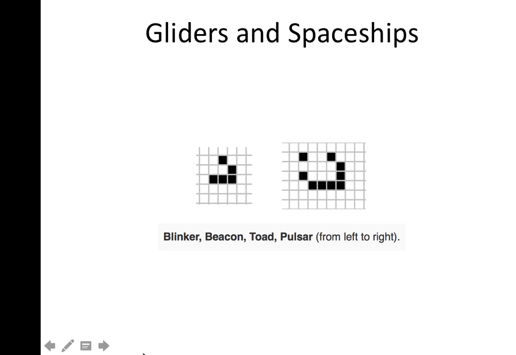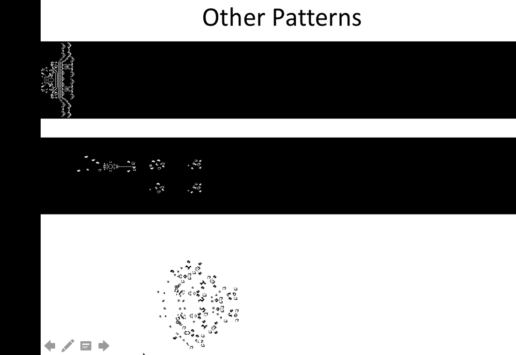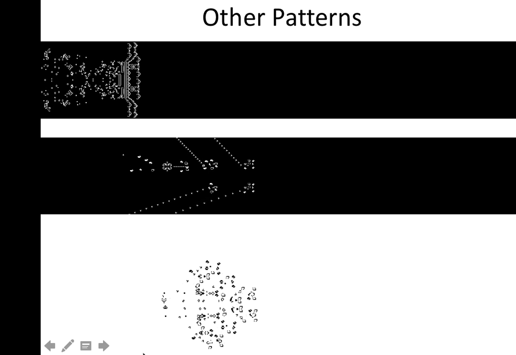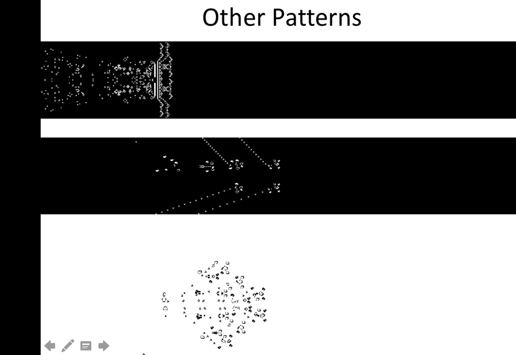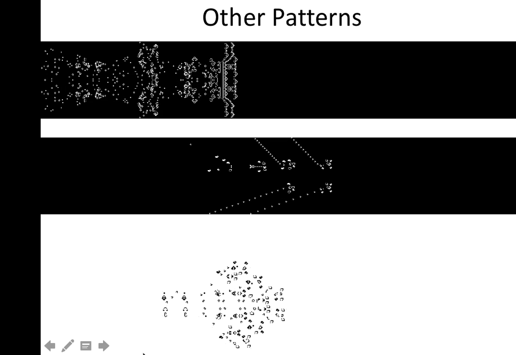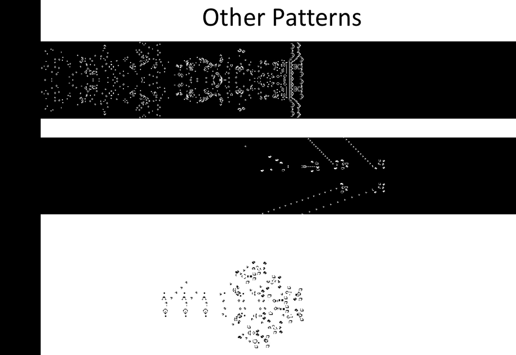There's also oscillators that travel, so those are called gliders and spaceships, which you probably saw in some of your solutions. And then there's one that's called guns, which just has like a pointed arrow that travels. It's also just a traveling oscillating pattern. And then if you start really getting into the algorithm and initializing it in the right way, you can see really kind of beautiful patterns that show up like these. And this is basically a whole area of research in math and computer science is understanding and like